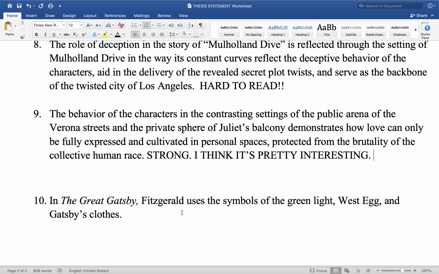We're almost done. "In The Great Gatsby, Fitzgerald uses the symbols of the green light, West Egg, and Gatsby's clothes." Great. Good job, Fitzgerald. Why do we care, though? This is another example where we don't have the number 2 part, which allows him to convey the theme that, what are we doing? We're dealing with dreams, wealth,